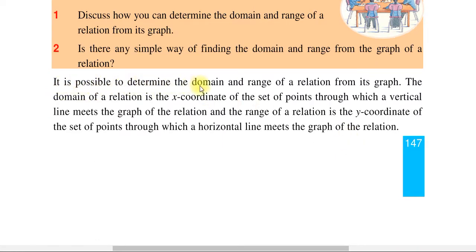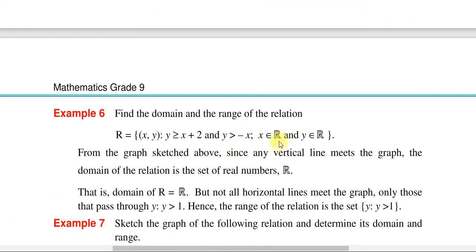It is possible to determine the domain and range of the relation from its graph. The domain of a relation is the x-coordinates of the set of points through which a vertical line meets the graph of the relation, and the range of the relation is the y-coordinates of the set of points through which a horizontal line meets the graph of the relation ይለናል። ምሳሌ ስናይ ግልጽ ይሆንልናል። ለምሳሌ find the domain and the range of the relation